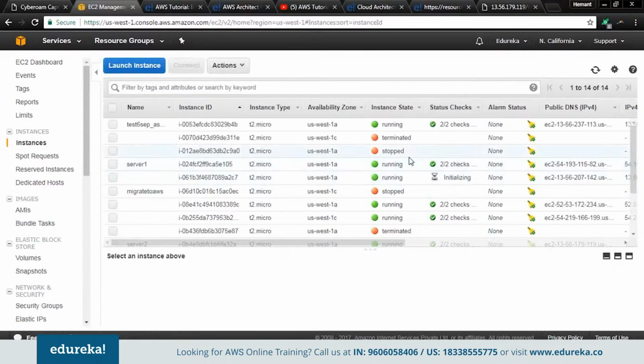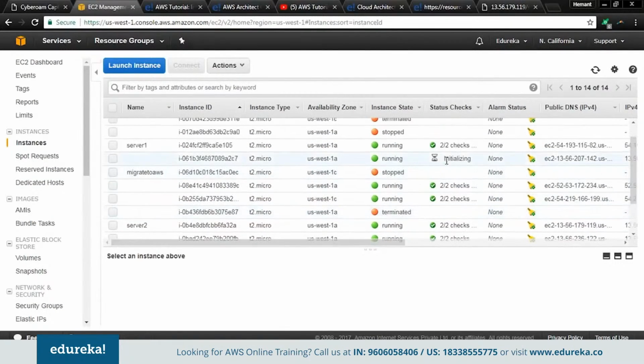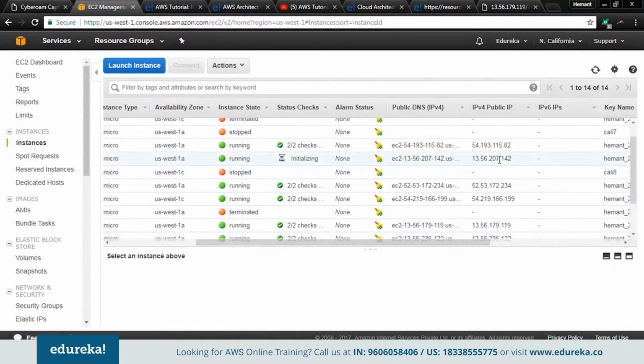So you can actually identify them over here. See, these two servers are being initialized. These have just been created by your auto scaling group, because we've specified that a minimum number of one server should be there at all times, right? Now, if you try to go to the IP address of this server,